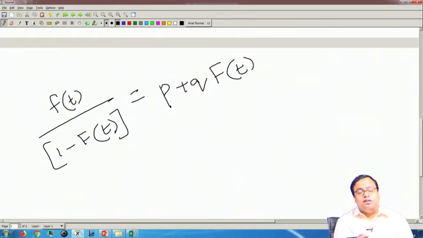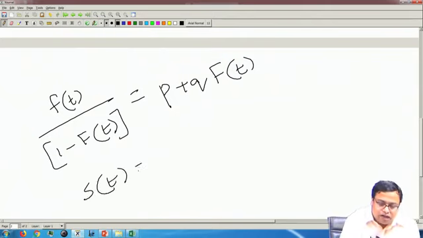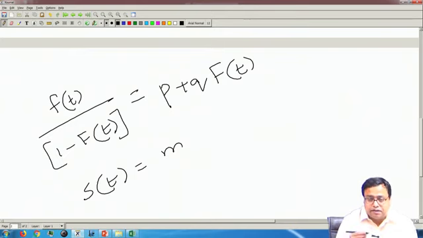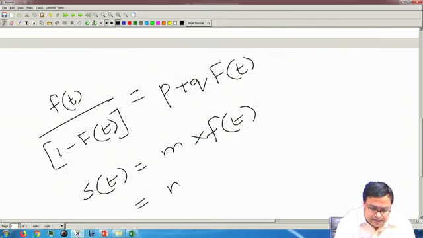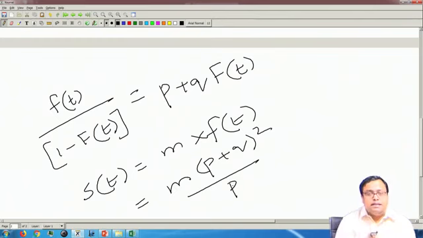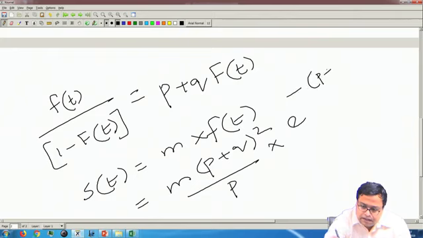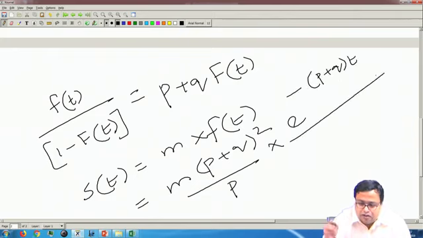Okay. Now, if you try to solve this differential equation, and what is sales at time period t? If the total market size is m, the total sales that can happen at time period t is m into small f(t), and the formula for this is, if you solve that, you will find m times (p plus q) square by p, into e to the power minus (p plus q) t, and